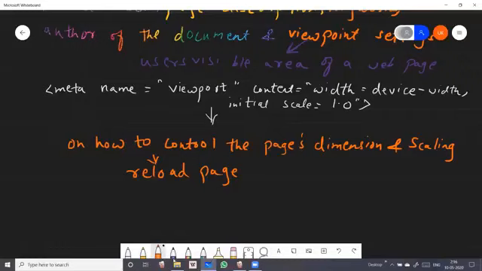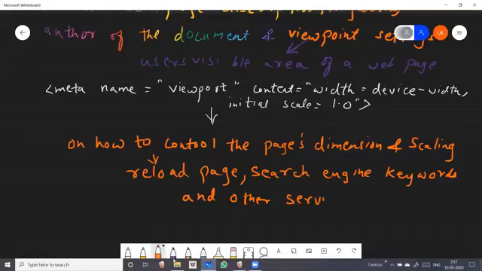And then it gives the search engines keywords and other services. Okay, students, hope you have understood metadata, and now we'll see an example of how to use the meta tag with the image tag.